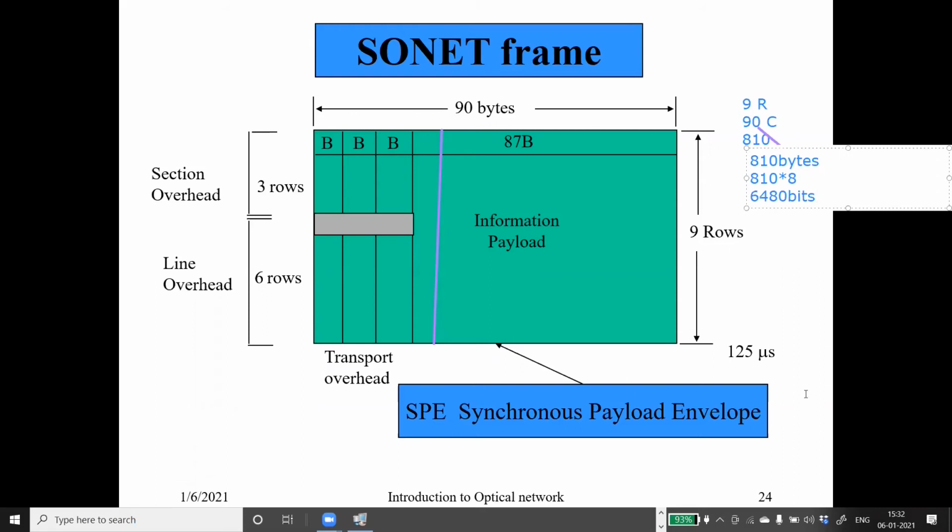Now, ma'am, what is the frame rate at which it is being transmitted? Initially we have to accommodate the previous generation, which was only for voice data transmission, which had a rate of 125 microseconds. We need to take that into account. So 125 micro means how much? 1 by 125 micro is how much?